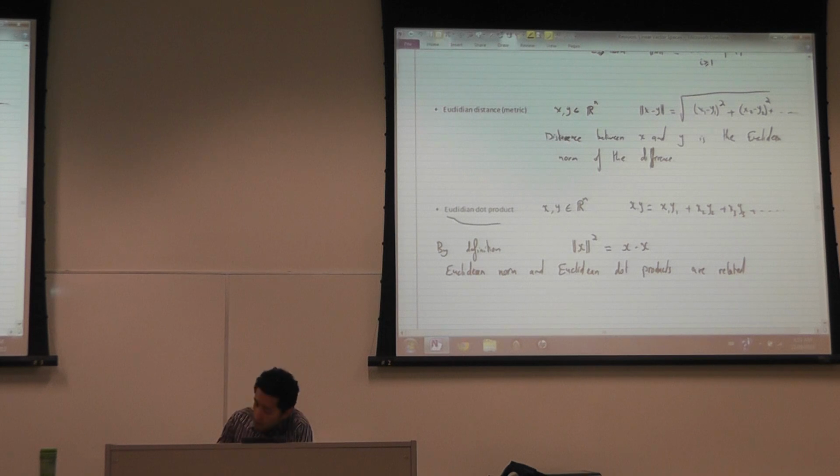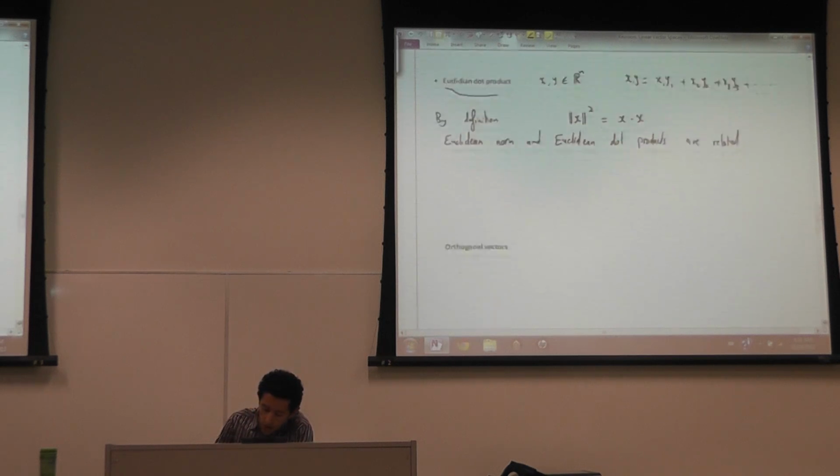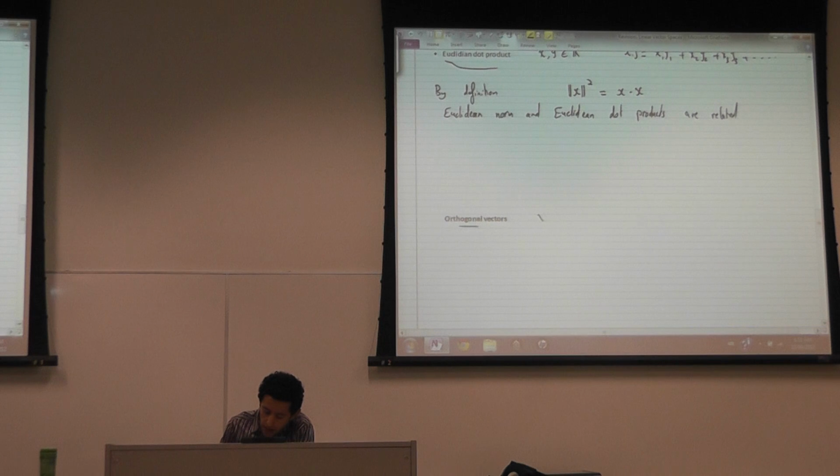Since I defined the dot product, I'm able now to define orthogonal vectors. x and y are orthogonal, perpendicular to each other, if x dot y is equal to 0,